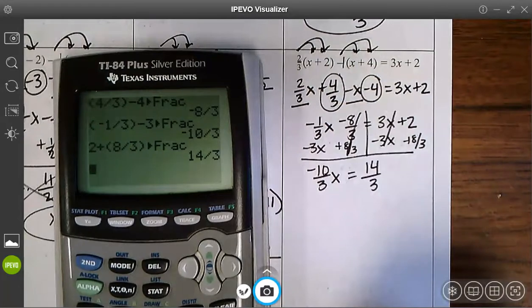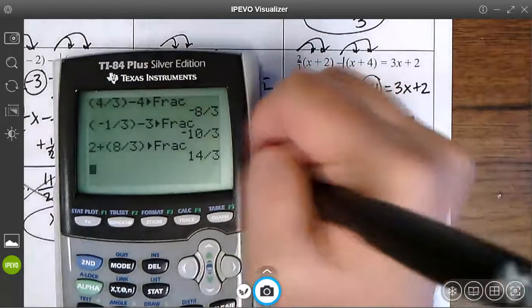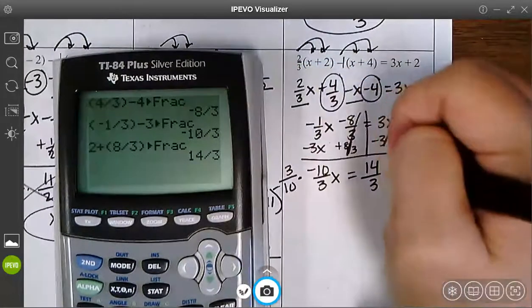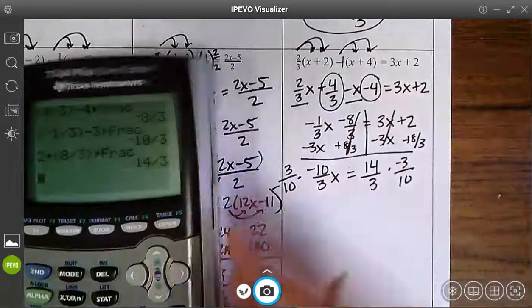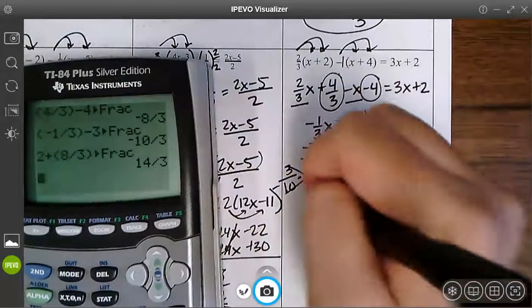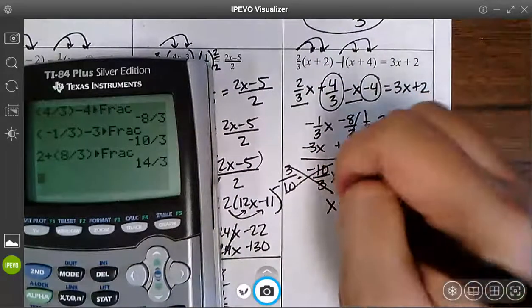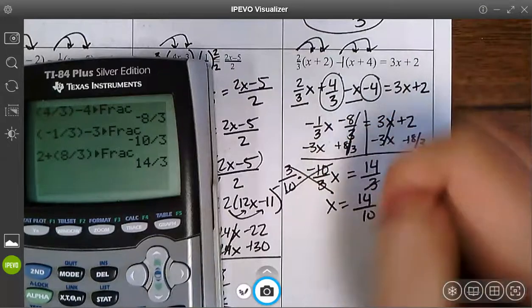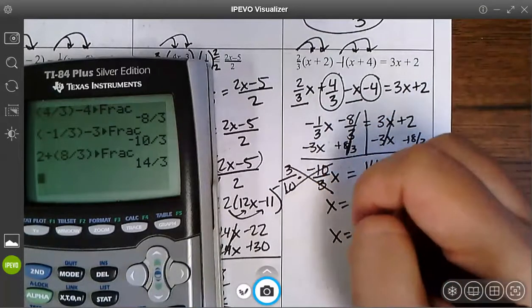Undo multiplication by a fraction, multiply both sides by the reciprocal. So those cancel. You get x equals, your 3's cancel, 14 tenths, which simplifies to 7